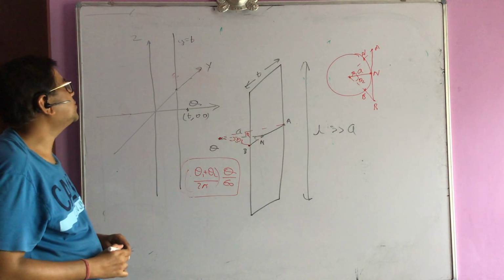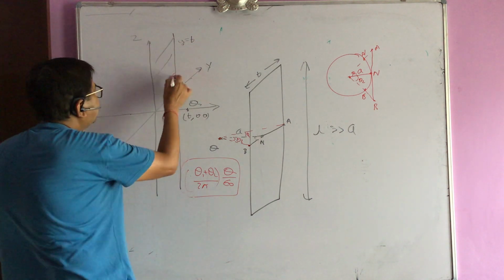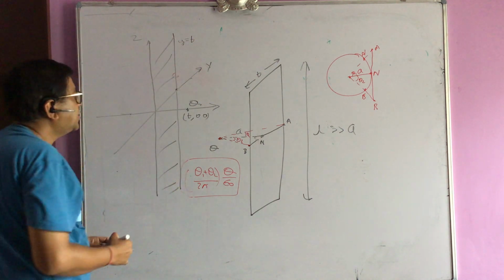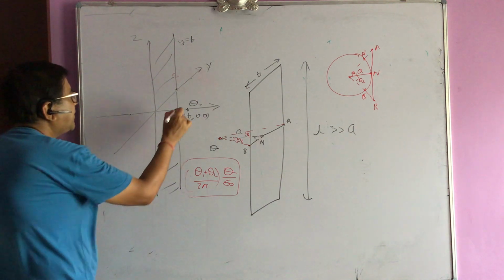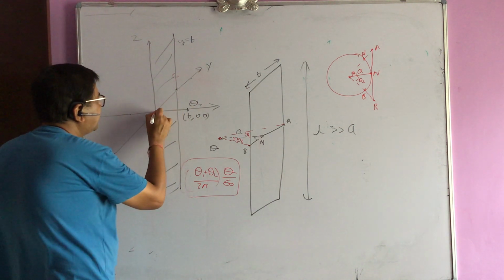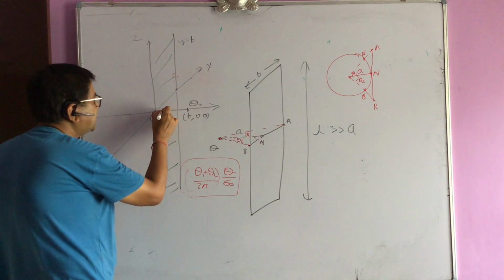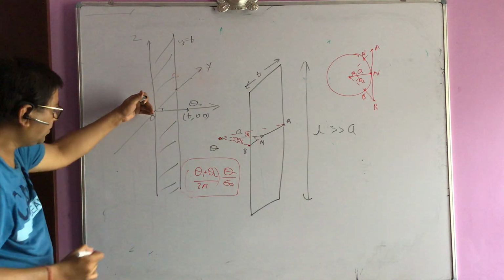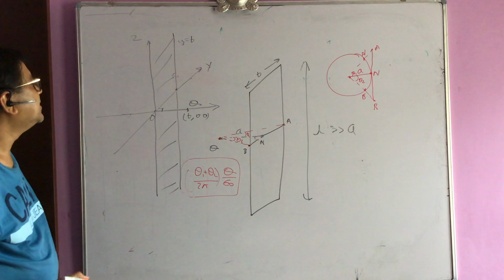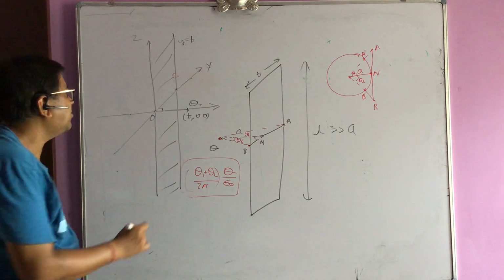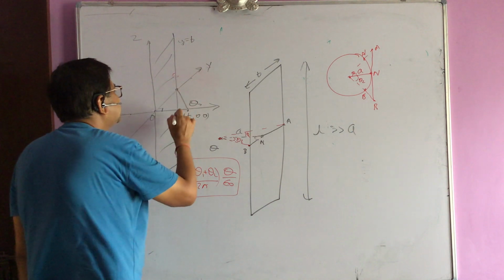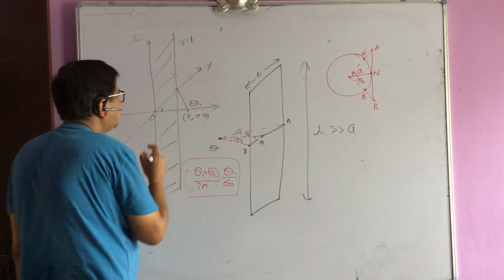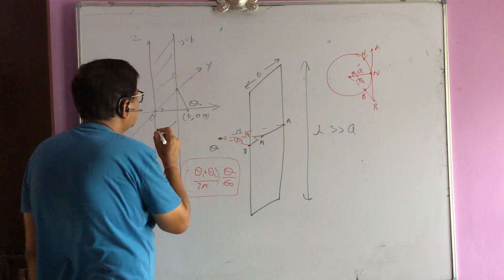And I am asking you, so this is the sheet you can see here, what is the net flux due to this point charge to the sheet. So it's the same result. If I draw a perpendicular here, the origin itself is a perpendicular, so it's coming to O, and along this side there is OC. So this is one of the boundary, O is itself a boundary. Another perpendicular I will draw that will intersect y axis. So this angle I have to calculate, and you know how much is going to be this angle.